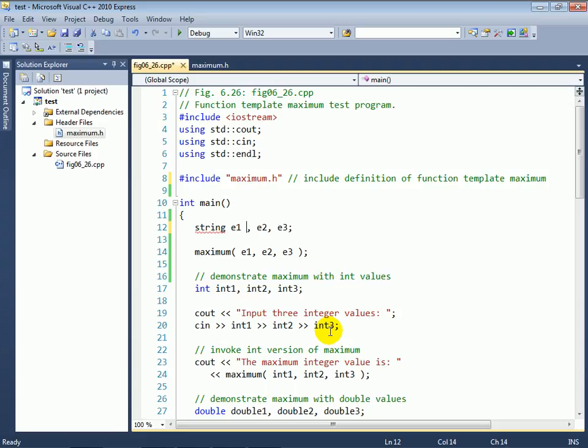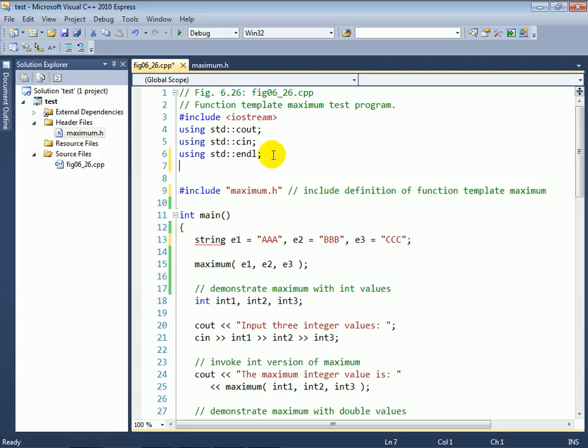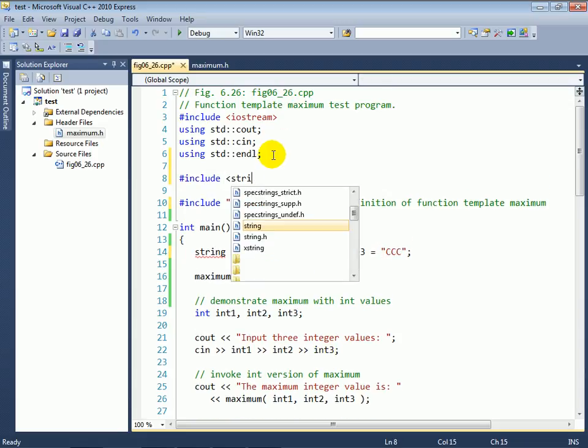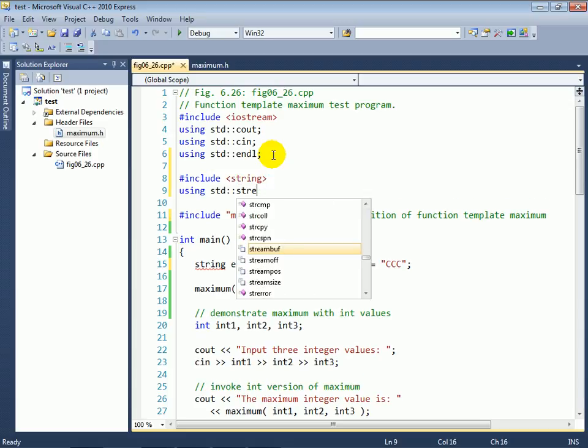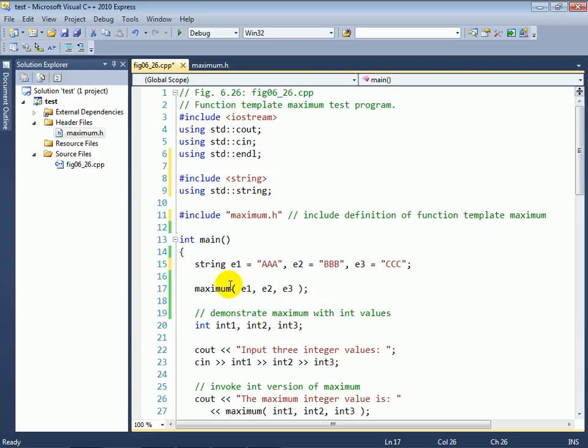And instead of reading them in this program, I'll enter AAA, BBB, and we'll do CCC. I need an equal sign there. And you can see that it doesn't know what type string is because I have not as yet included the string header file. And of course I need a using std::string, as you've seen in earlier examples as well. So now I've declared 3 strings, E1, E2, and E3,